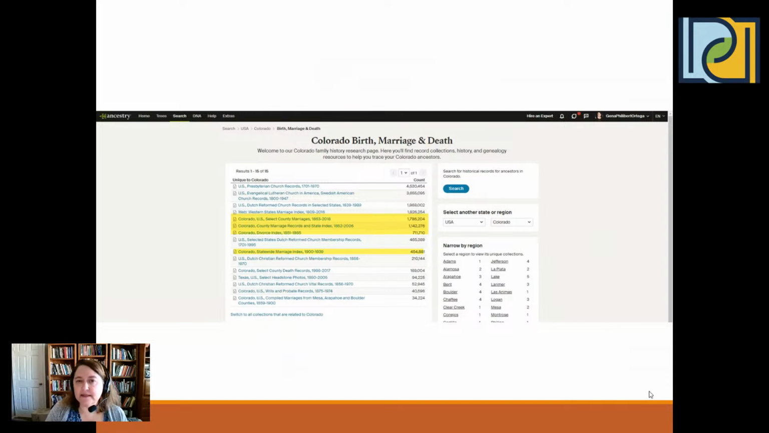I've highlighted some of the databases that are specific to Colorado that have to do with marriage. And you can see the first one is Select County Marriages 1863 to 2018. And then we have County Marriage and State Index. We have a Divorce Index. And then we have a Statewide Marriage Index. So I can click on any one of those and then search from that database,